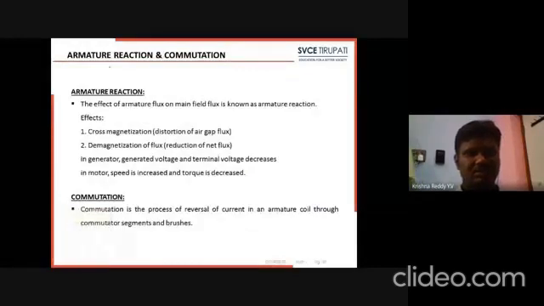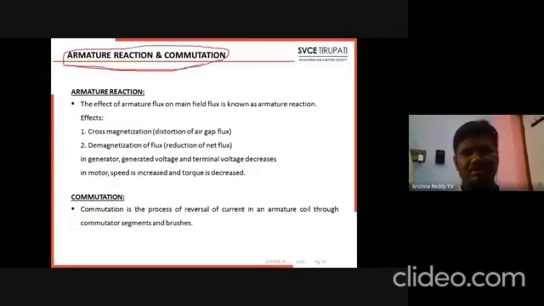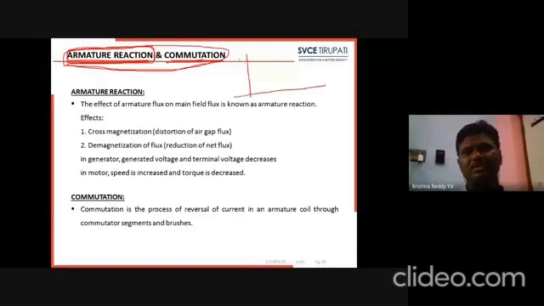Because the two definitions are important for your exam. They are asking for 2 marks. What is armature reaction and what is commutation? Now, what is the armature reaction? Up to now, we are discussing why we are getting the reduced amount of voltage from the no load to when you are applying a certain amount of load. This is the no load voltage 220 volts. After that, when you are applying the load, we are getting the reduced amount of voltage. Why are we getting this reduced amount of voltage?